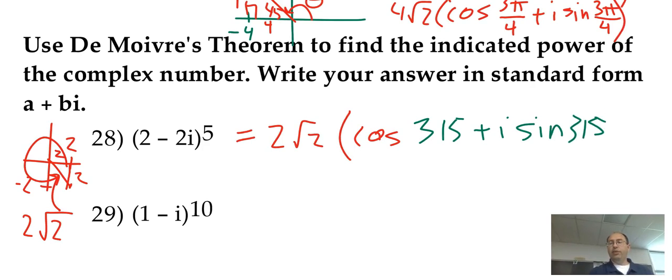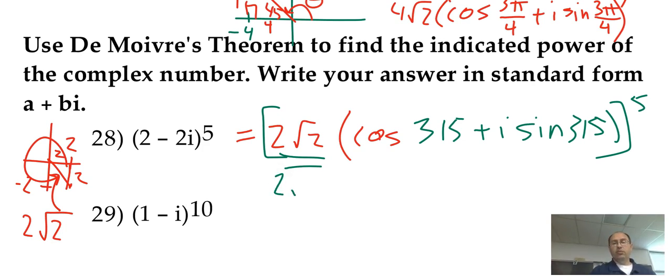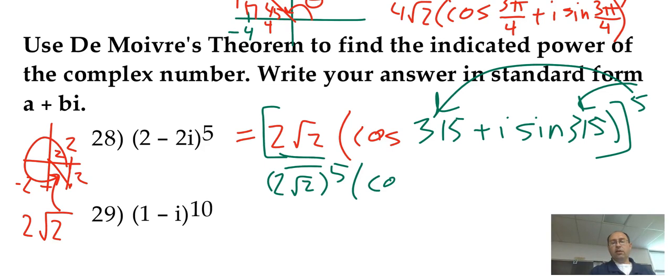Okay, now, this whole thing is getting raised to the 5th power. What does that do to the radius? Raises it to the 5th power. All right, so we need 2 radical 2 to the 5th. What's the 5 going to do to this 315? Multiply it, right? So I'm going to get cosine of 1575. And I sine